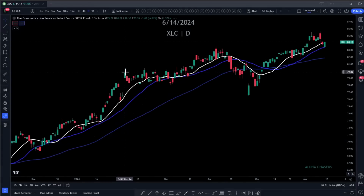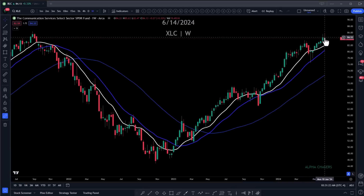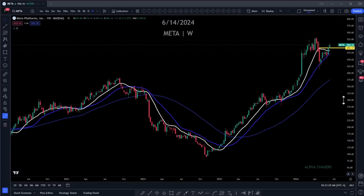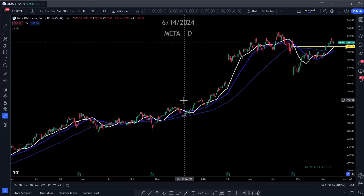Now, if we look at XLC, we can see that this has been jumping and moving around. I actually went on a tangent about this, and I actually probably called the top, where I kept saying, I think it was up like 7 weeks in a row. It just kept pushing. But you're seeing rotation out of those names, and you're starting to see buyers, right? So now we're flipping the control bars on Meta,